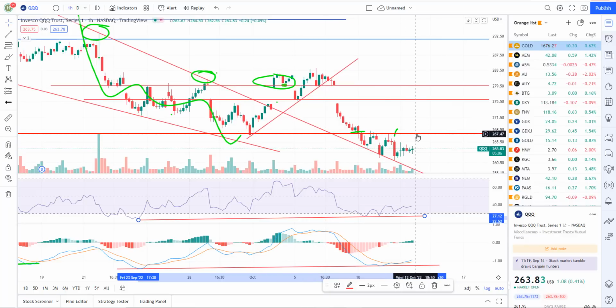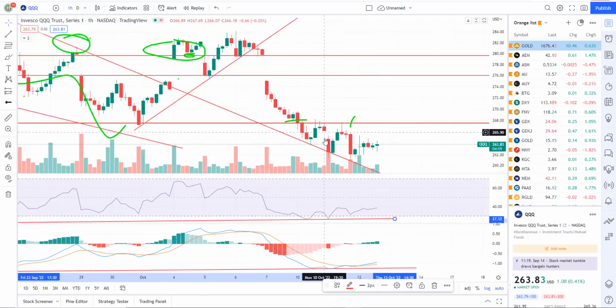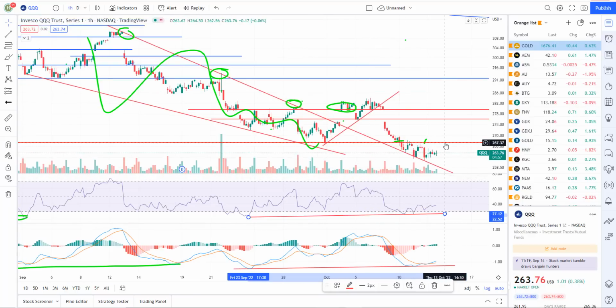If we rally, first level resistance is right here, about 267.50. We've held that as resistance so far this week. So a break up, at the end of the day, a break above that, you're probably going to rally up to,